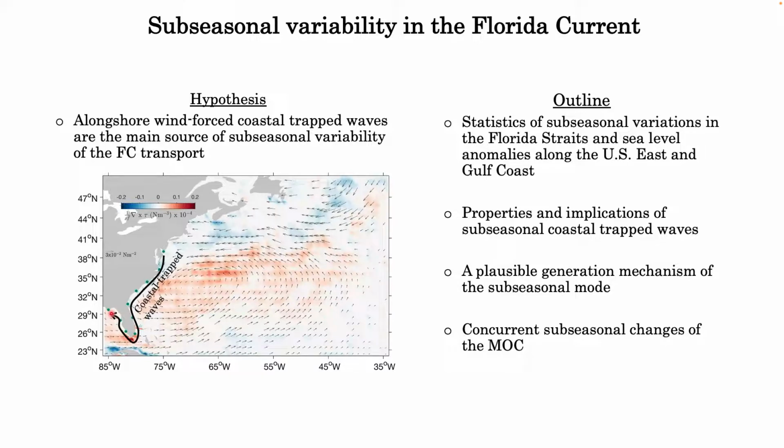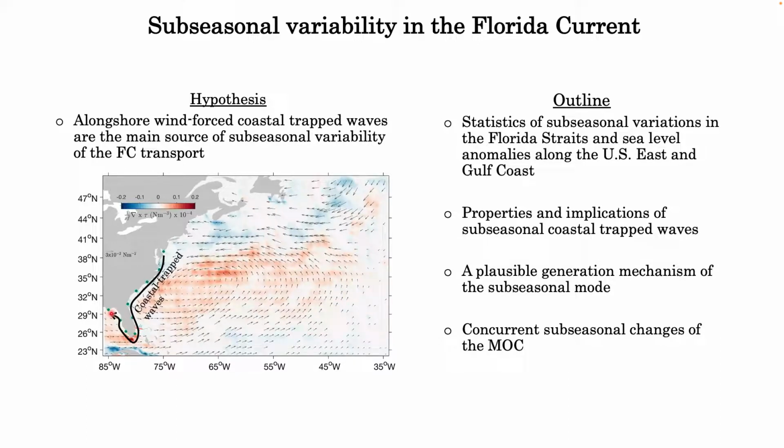And then the waves propagate along the coast with the coastline to their right, and then propagate into the Gulf Coast. So for the rest of my talk, I will discuss some statistics of these subseasonal variations